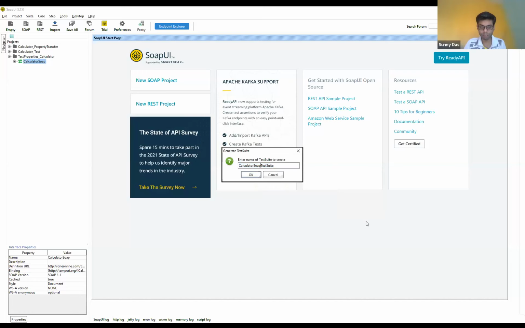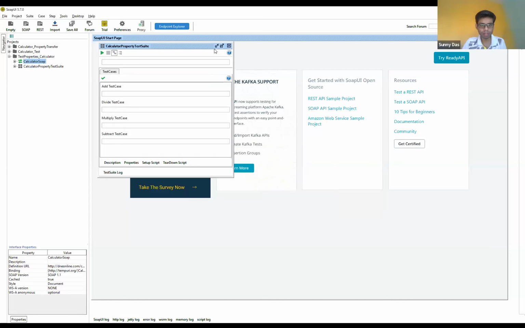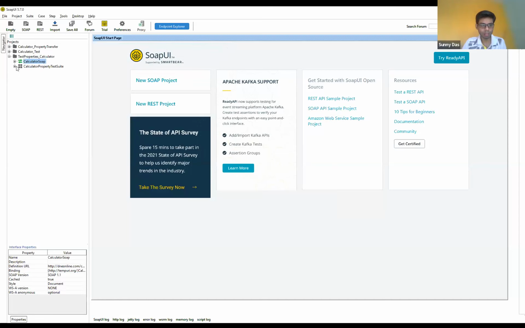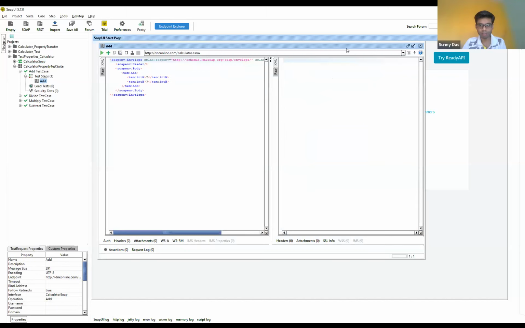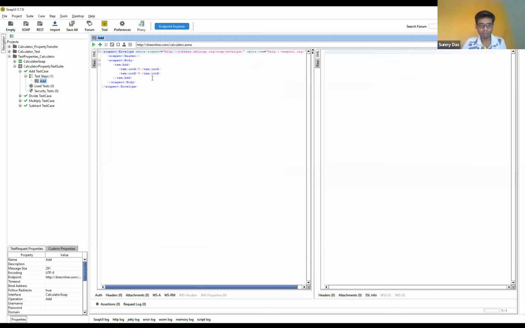So let me provide calculator property test suite. Okay, fine. So my test suite is also created. Great. So we have all those test cases, and under that we have the test steps. And under the test steps, we are having these request bodies, right? Fine. So now the next thing that we are going to do is we are going to create those